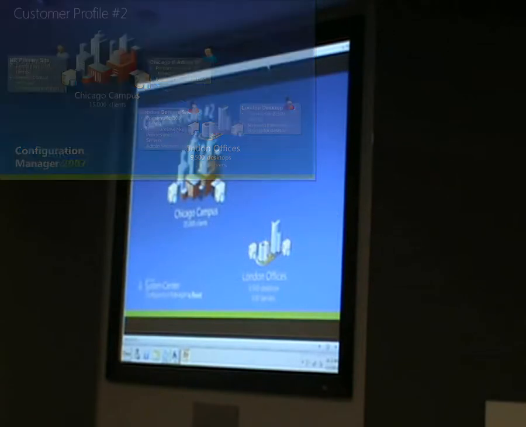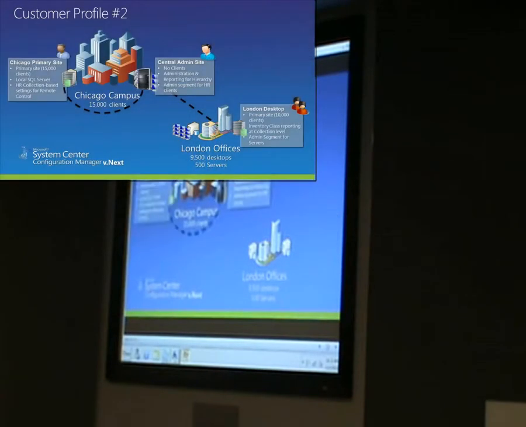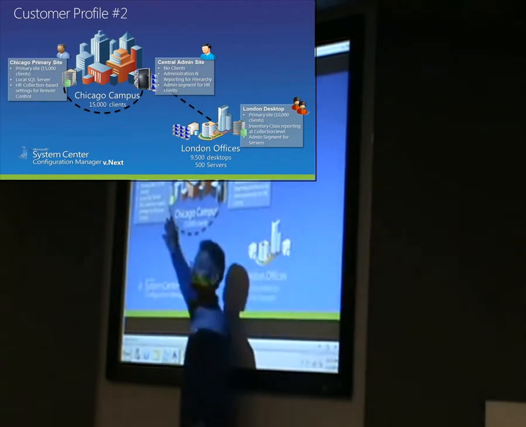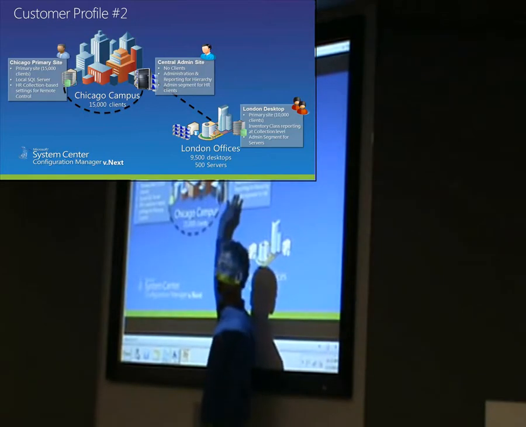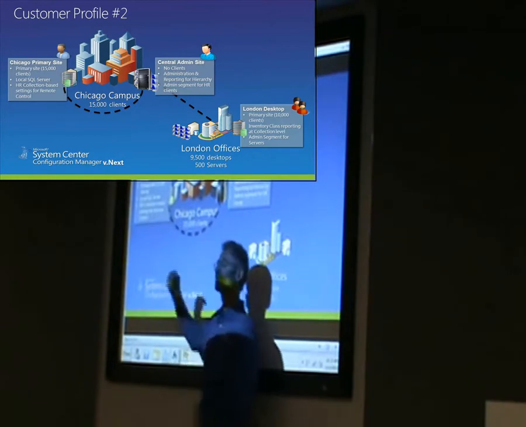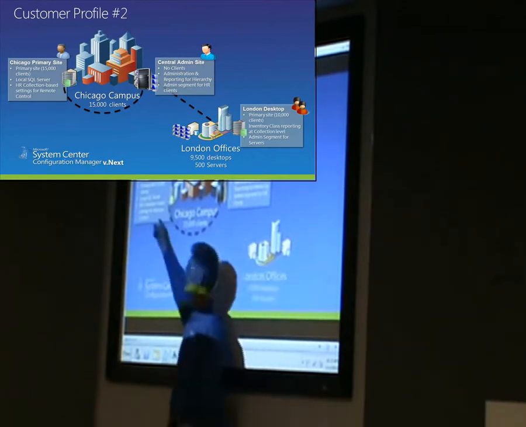Now going to be next, we would set up a CAS in the Chicago office. You can't have any clients in a CAS. So none of those 15,000 clients can be assigned to the CAS, so we have to have a child primary site in Chicago anyway. So we have a child primary site in Chicago, but the big difference is that we don't have to have these for client agent segmentation. We just have to have the 2 because you can't have any clients here, so you have to have a primary site. And we can now use custom client agent settings to turn off remote control for the collection of